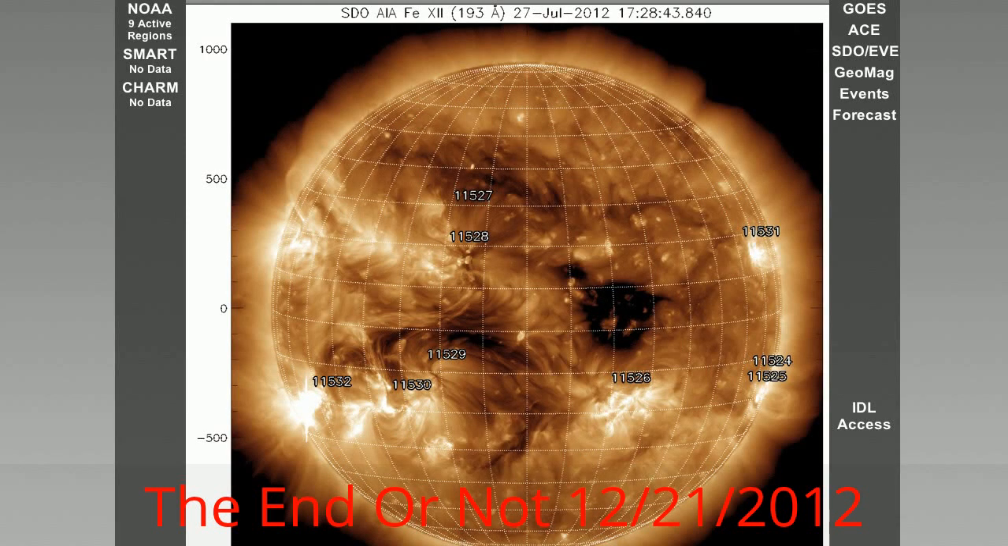Astrophotometry log. It is July 27th, 2012. It's approximately 1954 UTC at the time of this recording. This is the latest AIA 193 angstrom image from SDO as treated with the nice little grid and the contrast enhancements by solarmonitor.org. And this coronal hole, 11526, is the same coronal hole that has been present on the sun